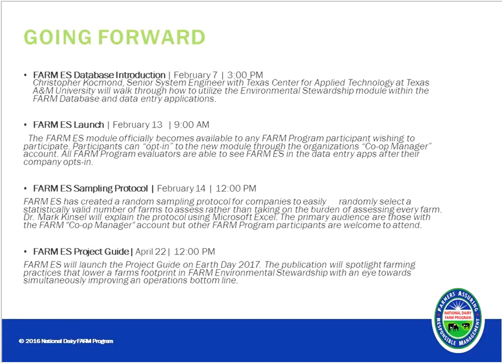I mentioned before the Farm Environmental Stewardship Sampling Protocol, and that protocol is being developed for those folks who want to use the program, but with maybe the introduction of Farm Animal Care version 3, for example, which requires a little bit more work on the side of the evaluator, don't want to have to do every single farm, but want to be involved in some way. So we're finishing up a sampling protocol that will be available at the time of the launch